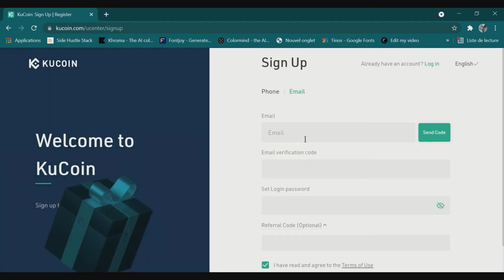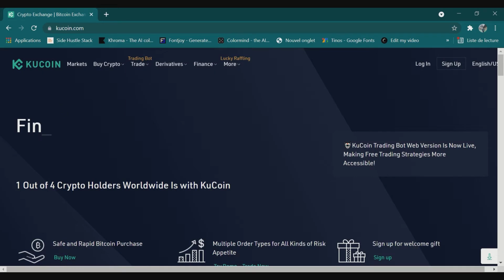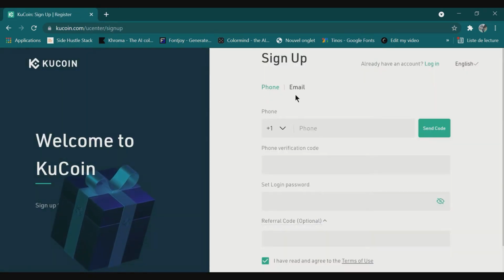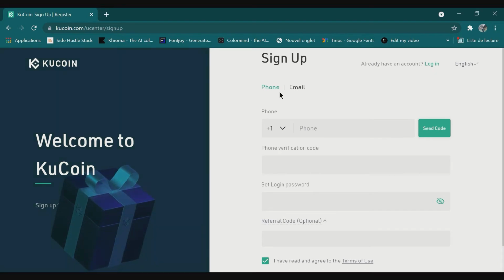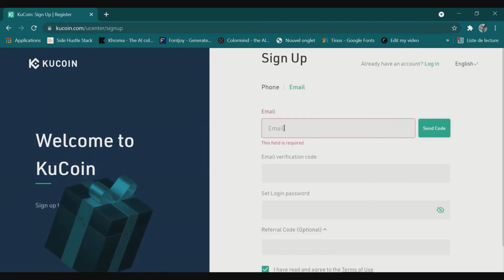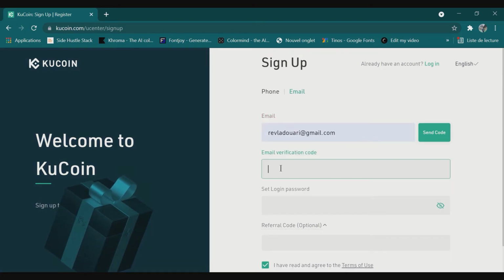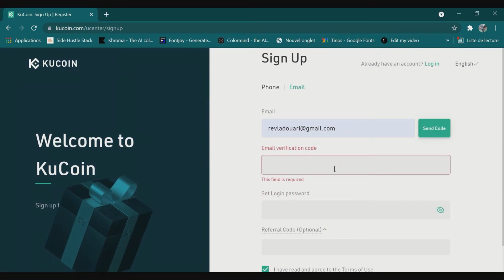So first of all, when you arrive on the KuCoin website, we're going to be clicking on the sign up section of the website. Then you'll have two options. You will be either choosing the phone option so that you can register on your phone. Otherwise, you can go for email. In this case, we're going to go for the email option, which we're going to be using here. Now we're going to send the code, which will result in,